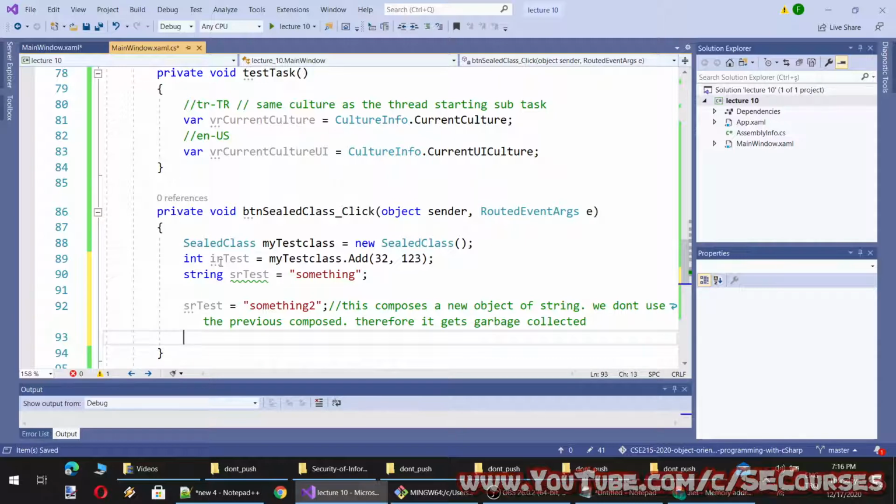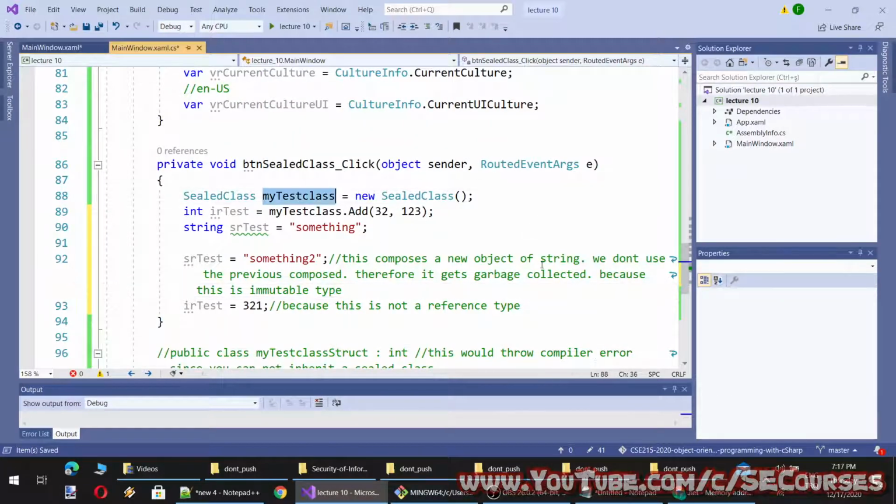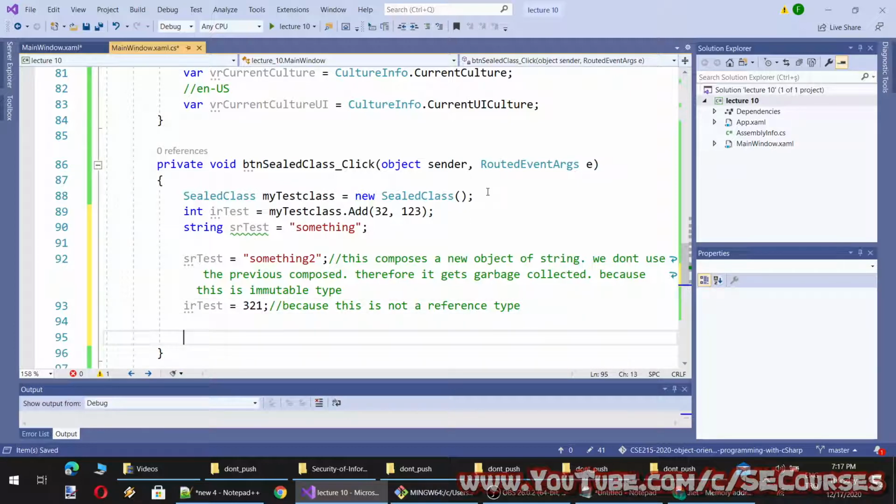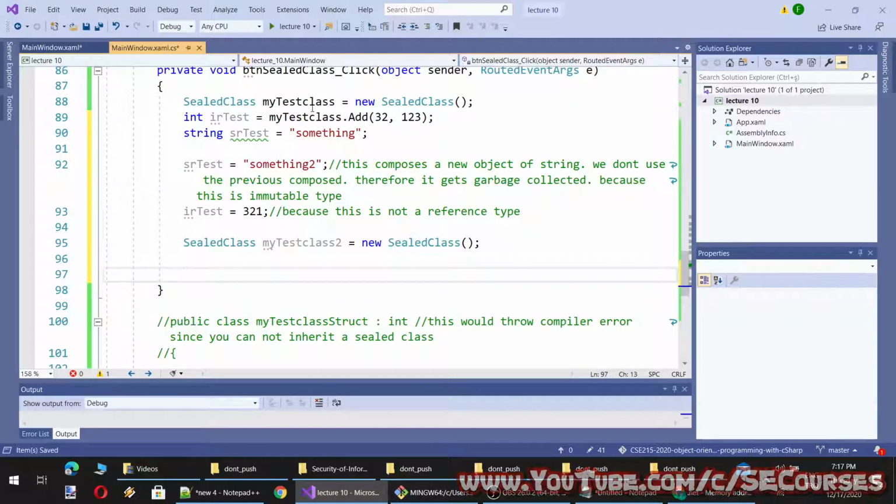Okay, this applies to this one as well. This one also creates a new object because it is a struct type. However, for my sealed class, I can do something like this. Let me show what I mean. MyTestClass2, and then I can assign myTestClass to myTestClass2.